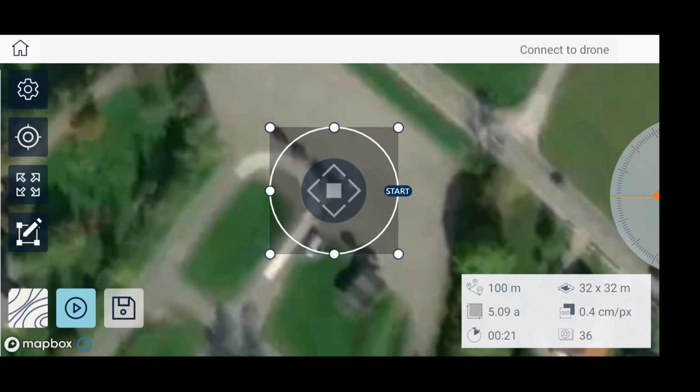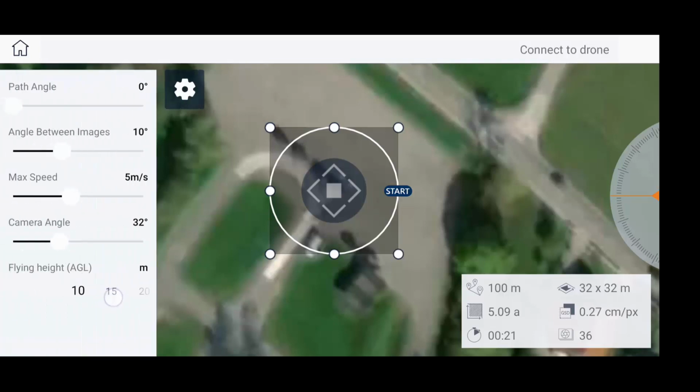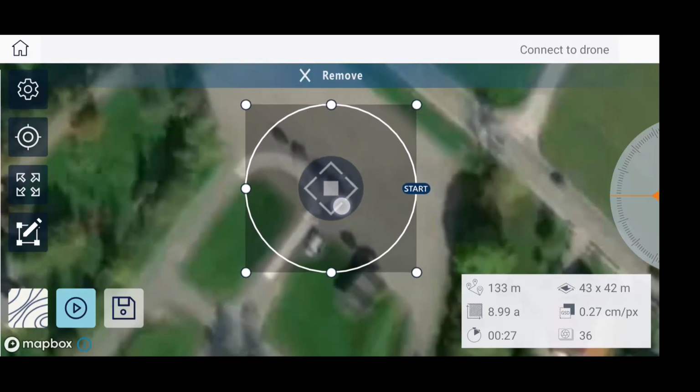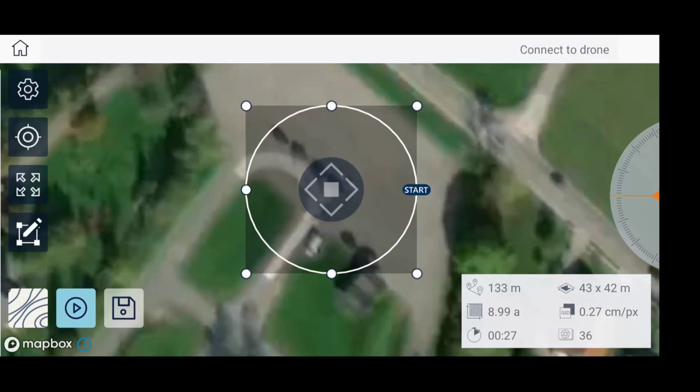After you finish this second circle, don't land the drone. Again, click on the settings button, go 5 meters lower to 10 meters AGL height, and increase the circle radius a bit more to have even more side images. In this case, you will have really nicely gathered data for all perspectives to get the most accurate and best 3D models later when we're processing the data